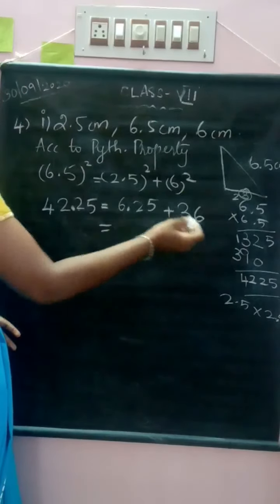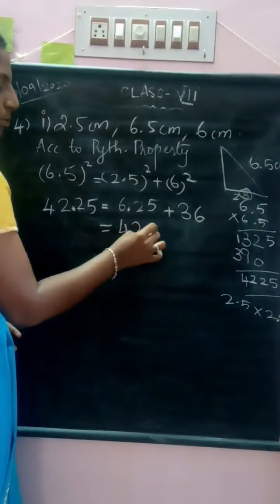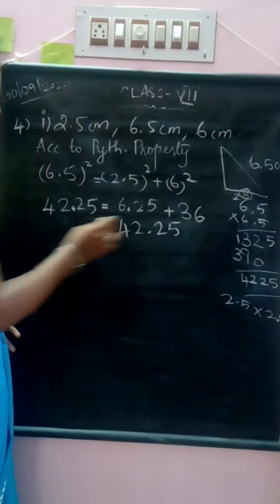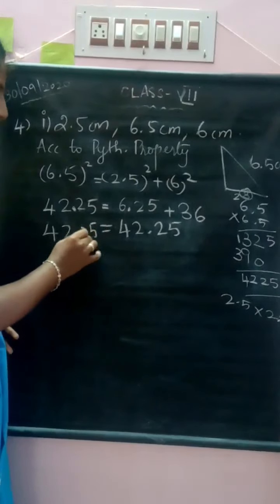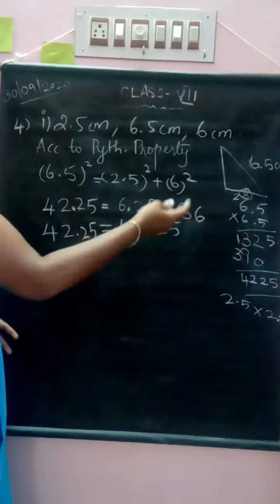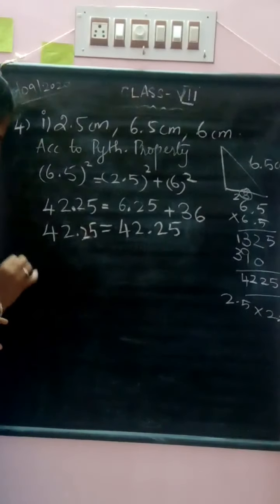Next you have to add both of these. Then 36 plus 6.25 is 42.25, as it is. So LHS and RHS are equal or not? Yes, right. So here this triangle is a right triangle,